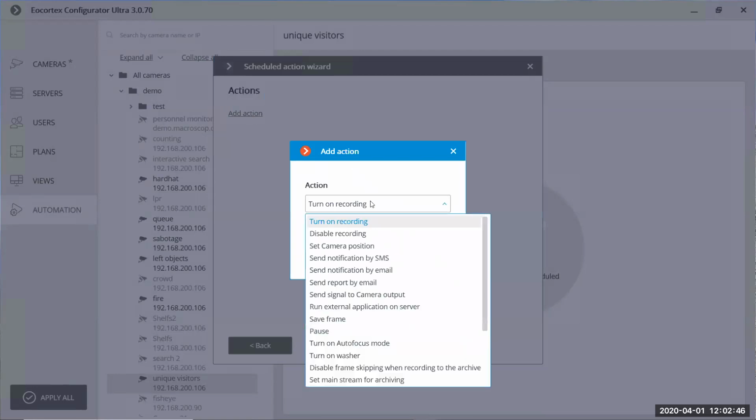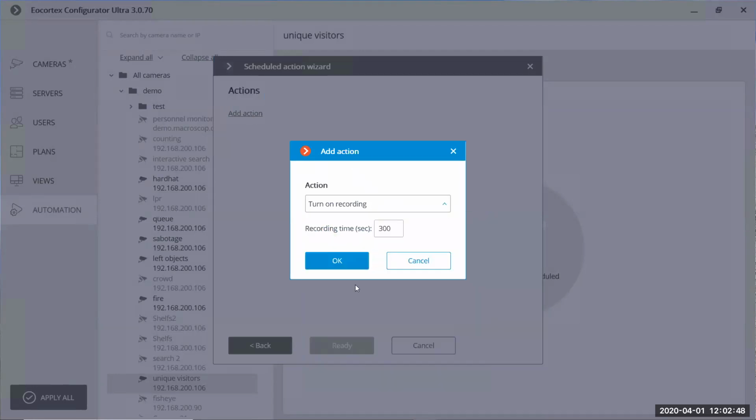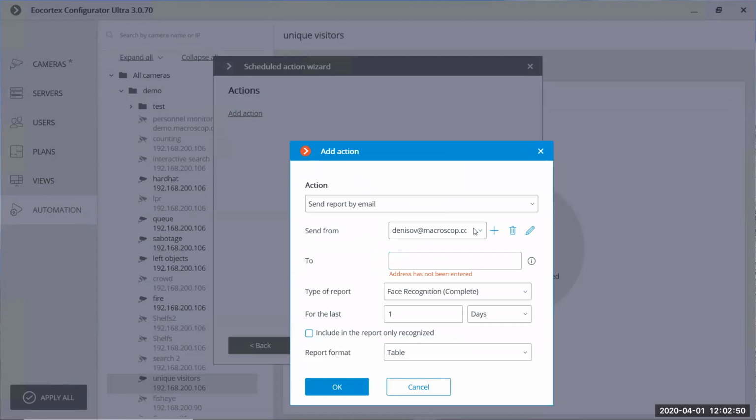So let's select send report by email. So we select here an email that will be used, the email of the recipient, of course, and the type of the report. So for example, facial recognition complete, and the time period for which it will be sent, for example, for 24 hours and so on. And also the option of the format, so table or CSV.